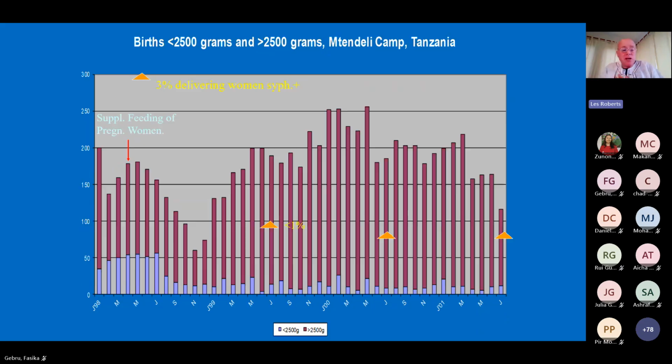Next, please. So it shouldn't surprise us that 5 months later, there's a huge dip in birth because malaria in pregnant women very commonly causes them to lose their pregnancy. But what's more important, and IRC did not know this, and the World Food Program did not know this, is that they started giving a food supplement to pregnant women in the middle of 1998. And lo and behold, starting just 4 or 5 months later, low birth weight events went way, way, way down